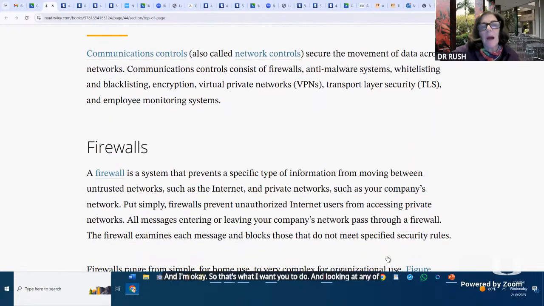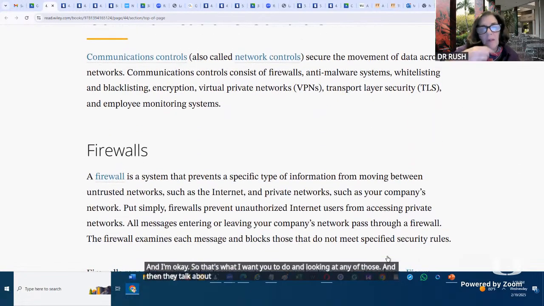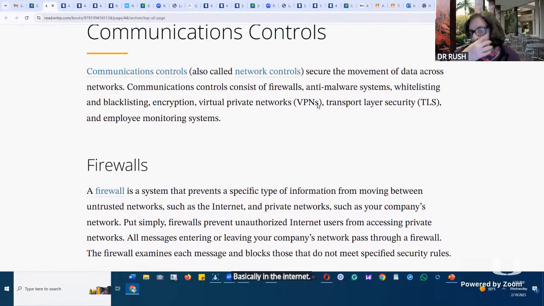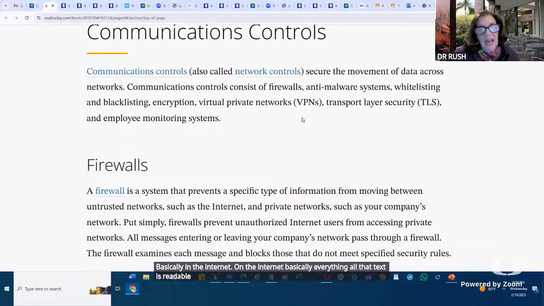And then they talk about communication controls. What are those? Those are all my firewalls, my virtual private networks that I talk about. Basically, on the internet, all that text is readable. So sometimes people want something more private. That's called a virtual private network, where my regular internet is not private.